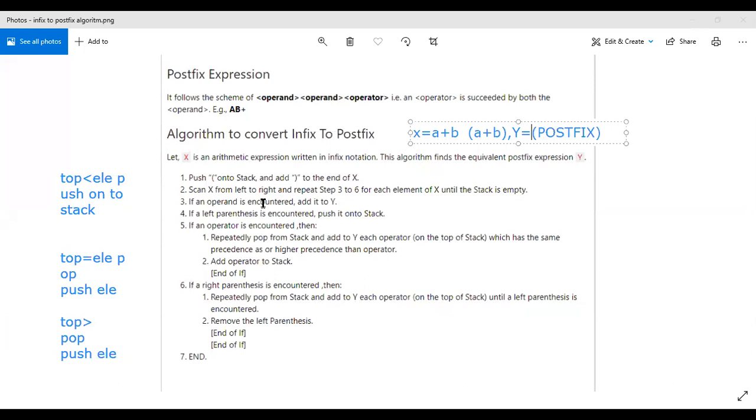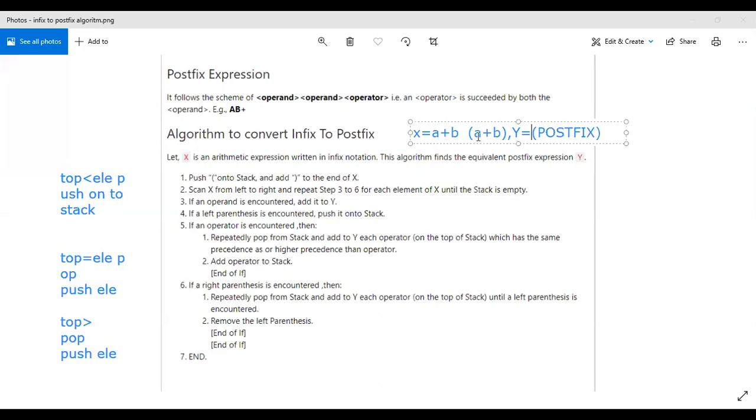Previously I told you, in the first step, whenever a left parenthesis is encountered, I push it onto the stack. Whenever a right parenthesis is encountered, I pop all the elements from the stack until I encounter a left parenthesis. When I encounter the left parenthesis while popping, I stop there and remove both the left and right parentheses. So this is the end of the algorithm. Both the previous algorithm and this algorithm are the same; just in this algorithm, I add left and right braces.